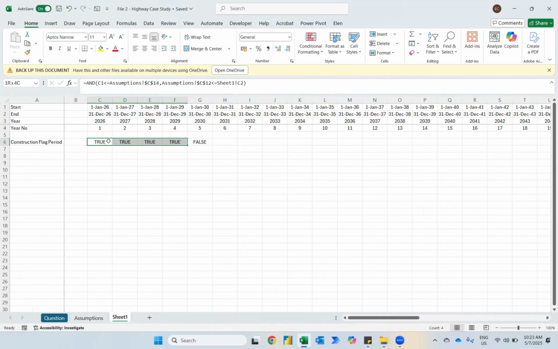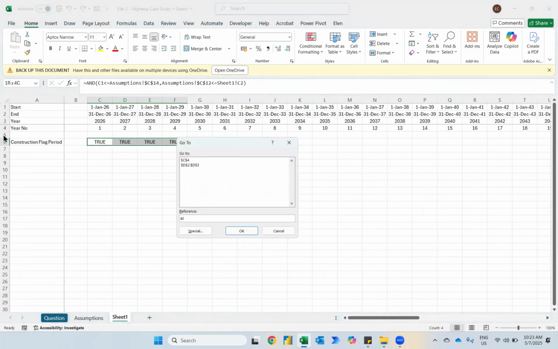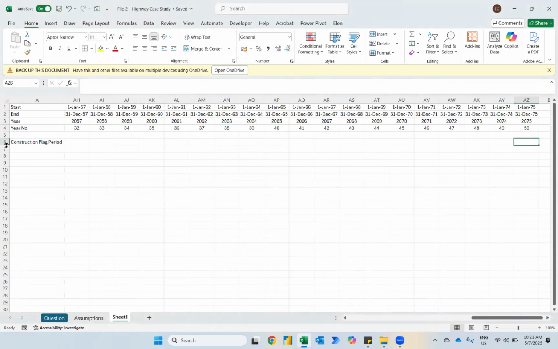So this is important for us to know whether the particular period is a construction period or a non-construction period. Then I'm going to press Ctrl G, AZ. This is row number 6. Enter. Ctrl Shift left,